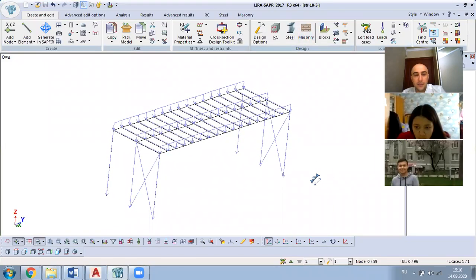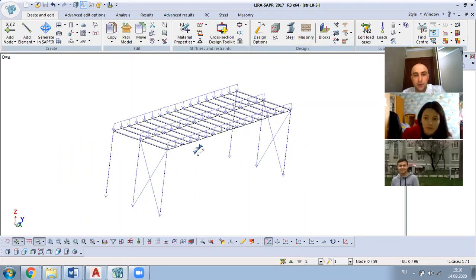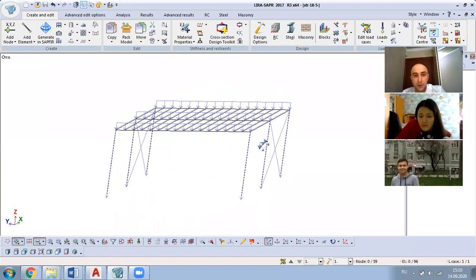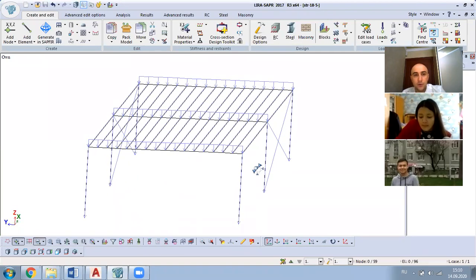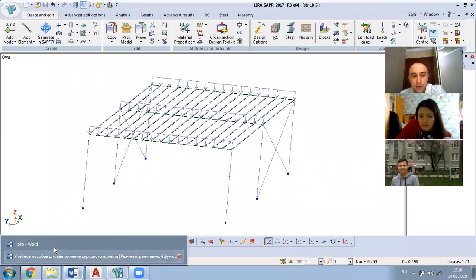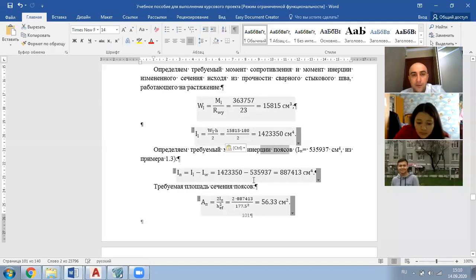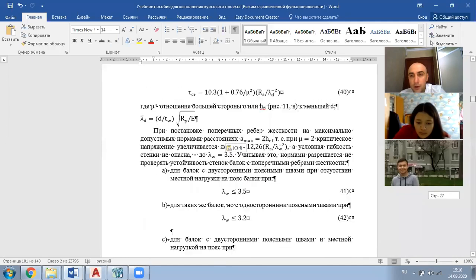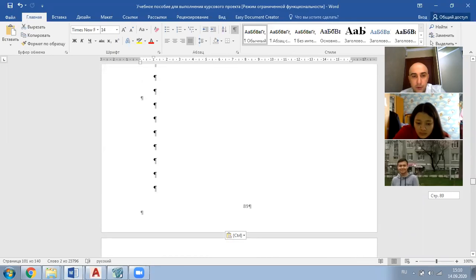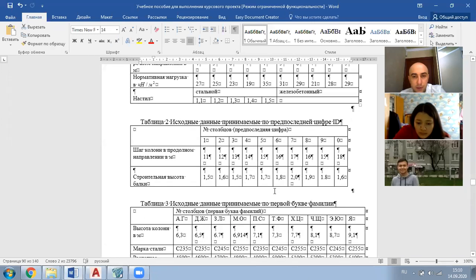So in the last lesson, we finished creating the body of our beam cell. And now we will start loading the secondary beams with the load which is equal to our task. Each of us has their own loading task, so I will take my own load, and it is equal to